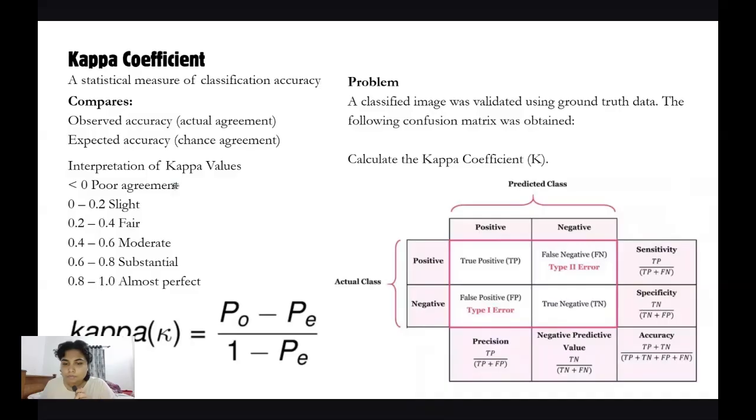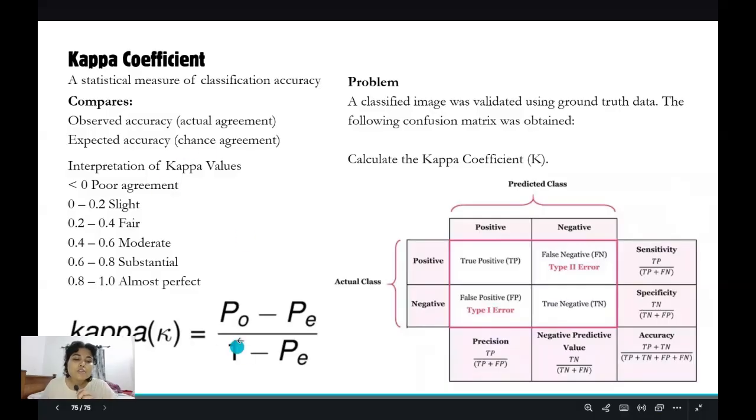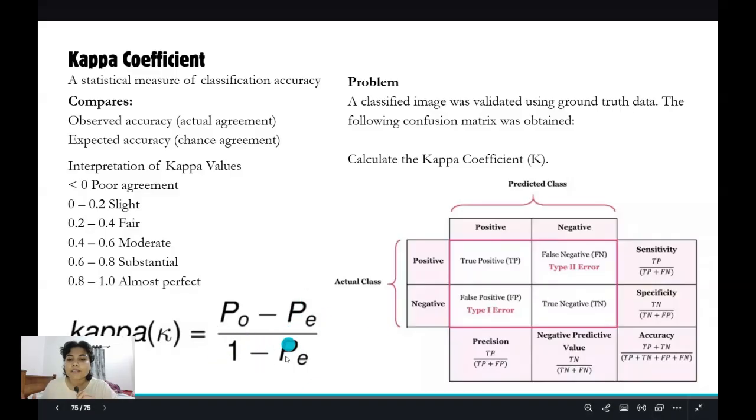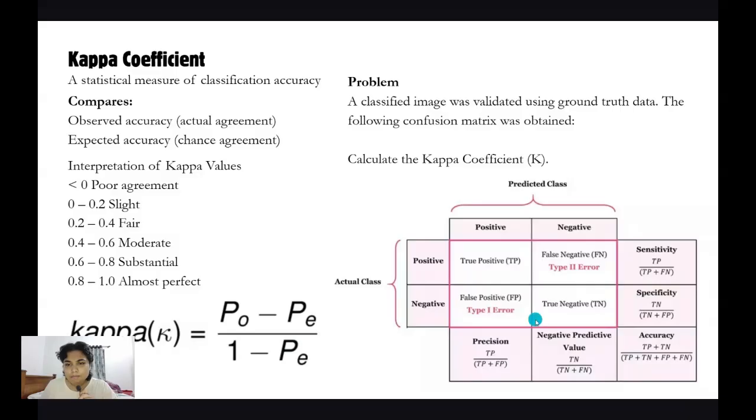Let's look into this particular equation. Okay, so kappa coefficient is wherein you are finding observed accuracy, that is actual accuracy, minus the expected accuracy, that means it has gone wrong, divided by 1 minus the expected accuracy. Now what exactly is this? Wait a second, this table must have come here. Okay, anyway,